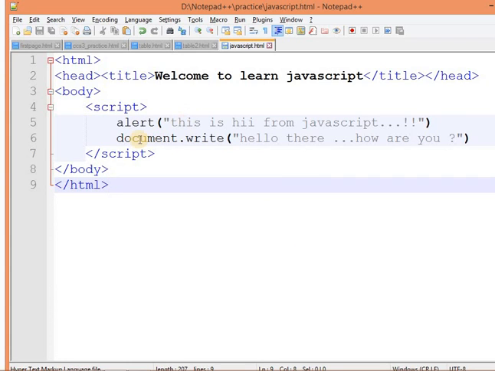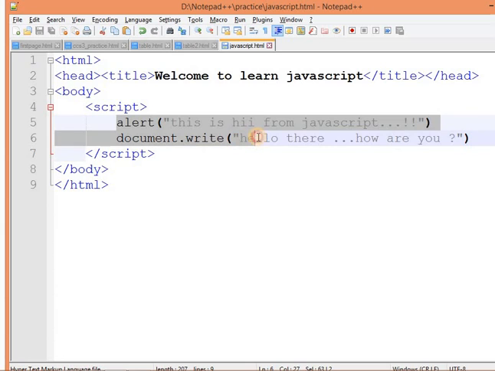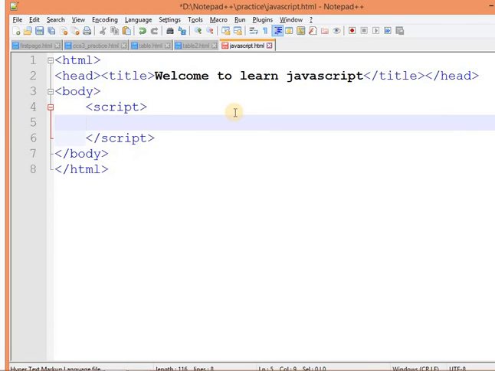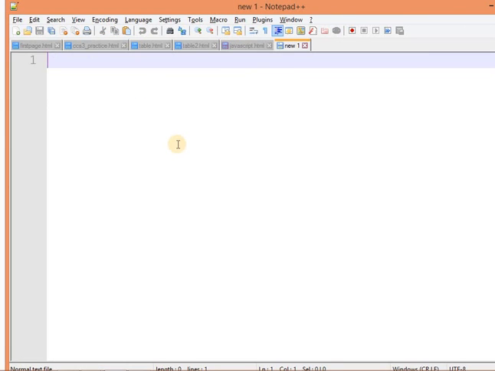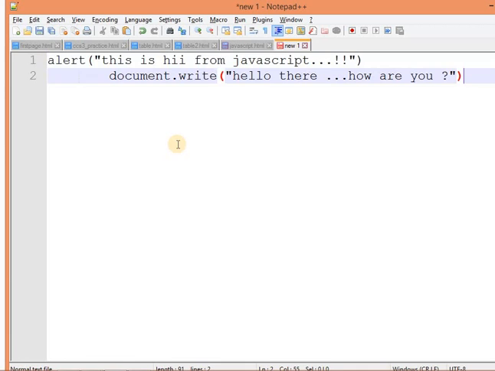Over here you can see whatever I have written in my script tag, I am just going to cut it and create one new file. And I am just pasting it over here. There is nothing else, there is no script tag as well.